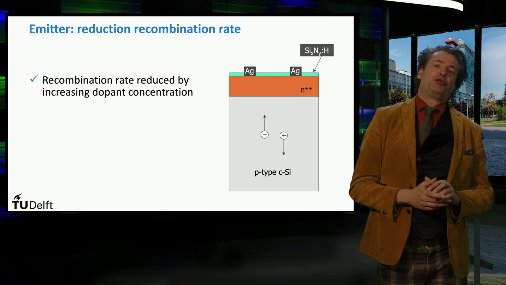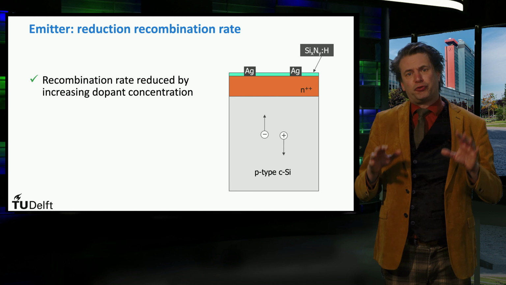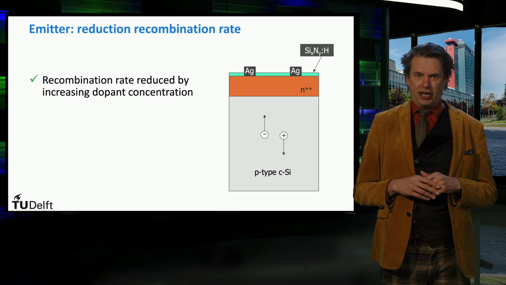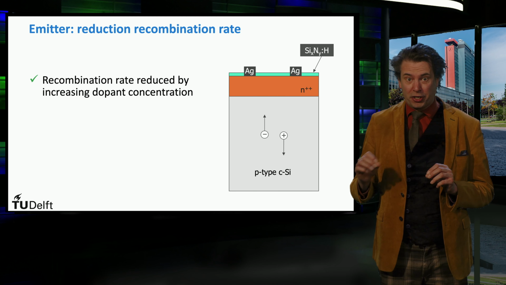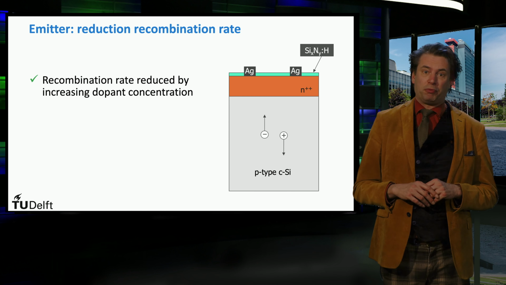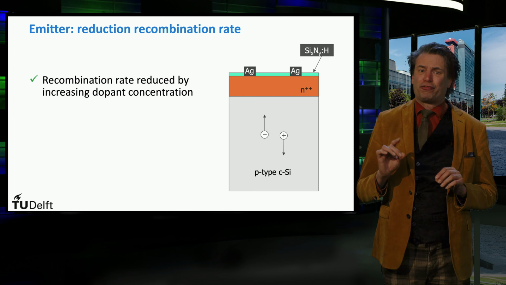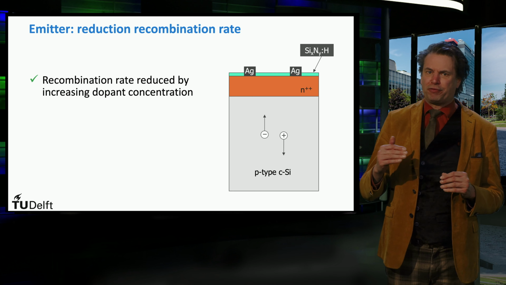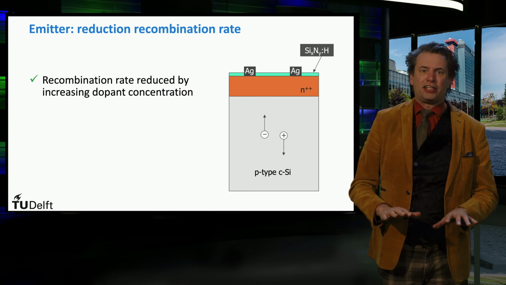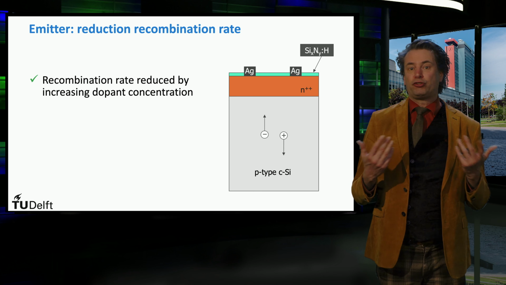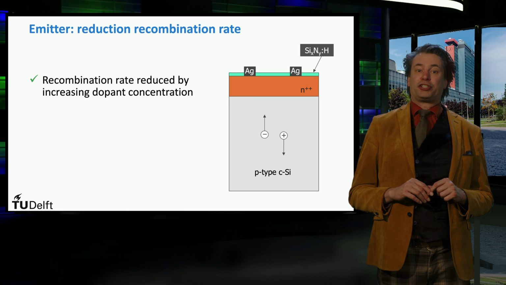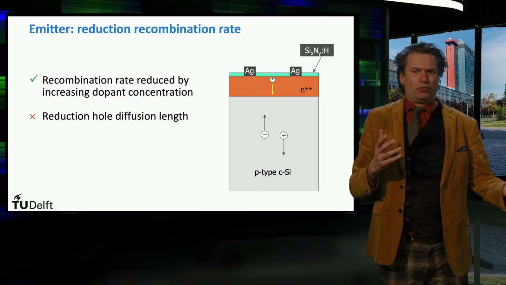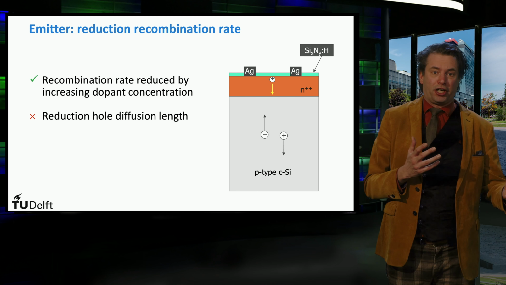A second approach to reduce the surface recombination velocity is to reduce the minority charge carrier density near the surface. As the surface recombination velocity is limited by the minority charge carriers, a low as possible minority charge carrier density at the surface region would be beneficial. It means that with increasing the doping of the emitter layer, we decrease the density of the minority charge carriers. This results in a lower recombination velocity at the surface. However, this is again in competition with the diffusion length of the minority charge carriers.